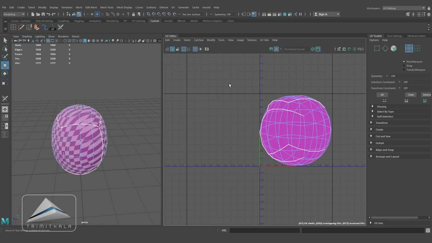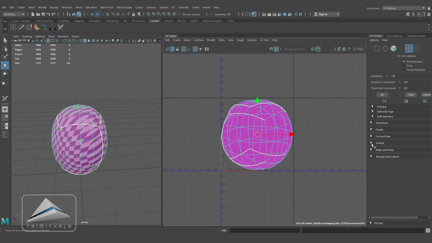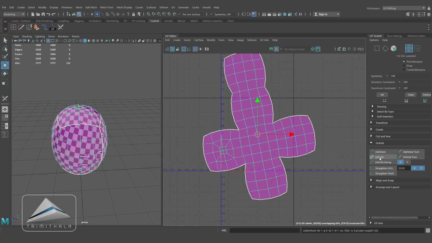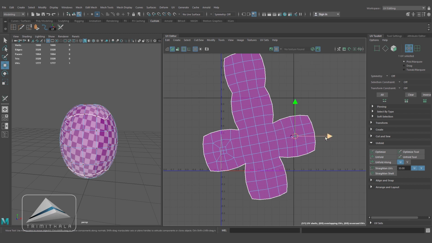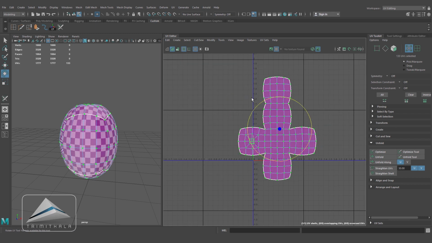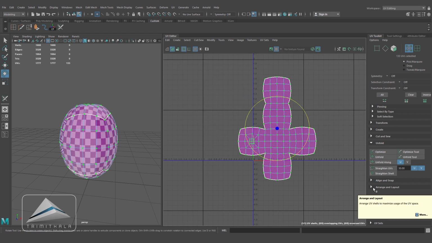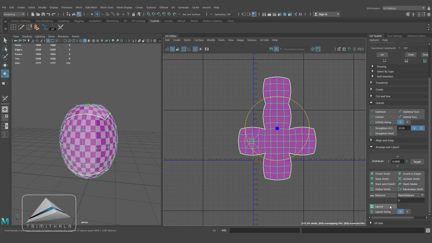Alright, now select all the UVs. Going to Unfold and click on Unfold, and you can see all the UVs are evenly unfolded. Now going to Arrange and Layout and clicking on Layout.